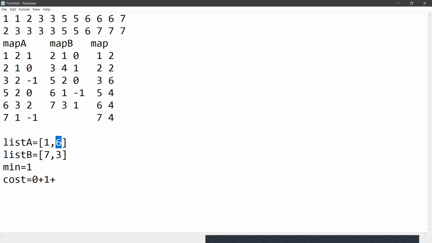Now I have to move to the next ith element. 6 and 3: minimum is 3, but it is not equal to the overall minimum, so what to do? I already told you, if not, then I have to do a 2-time operation, because first convert 7 with 7, and then this one 7 with 6. So it takes a 2-time operation.